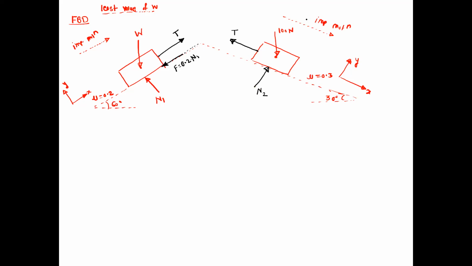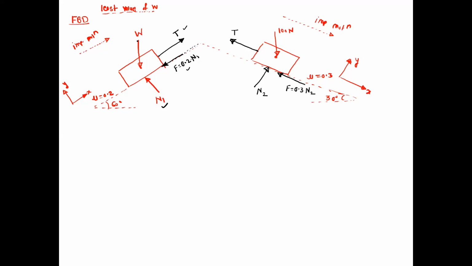As the impending motion is in the downward direction, its friction force will be in the upward direction. So this is the friction force. And this is equal to F max, which is the coefficient of friction 0.3 into the normal reaction N2. Okay. So now refer to this X and Y axis and resolve the forces which are inclined to the X and Y axes. So N1, tension T and this friction force are exactly parallel to the Y axis or X axis. Okay. So only resolve the weight W.